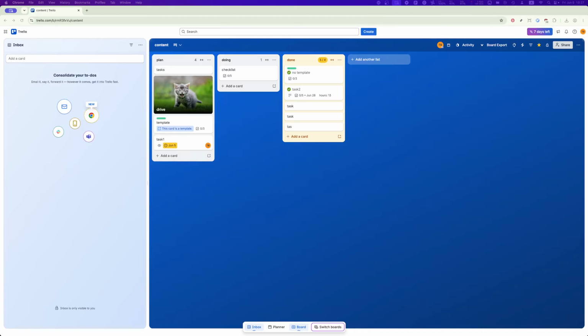In today's video, I'm going to teach you how to edit custom fields in Trello. Custom fields in Trello are a fantastic way to add flexibility and structure to your boards, helping you organize your projects just the way you need them. Whether it's a deadline, a status update, or any other specific detail, custom fields let you capture and display key